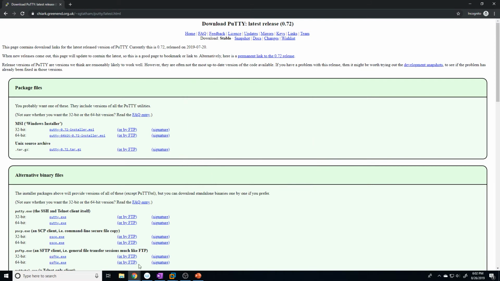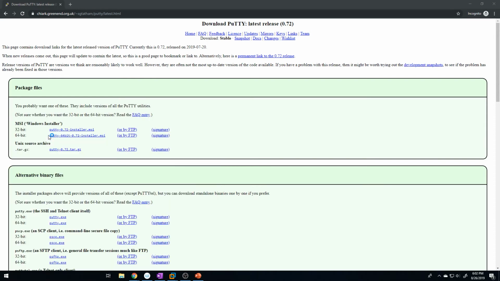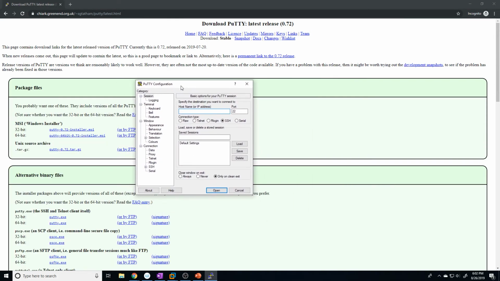But anyways, after we finish installing it, just search for your application. Just search for PuTTY. There will actually be 2 different ones, PuTTY and PuTTYgen. Make sure you select PuTTY, and that's going to open this up. So right here, you provide the IP address of the machine you're connecting to. So if you remember, that's